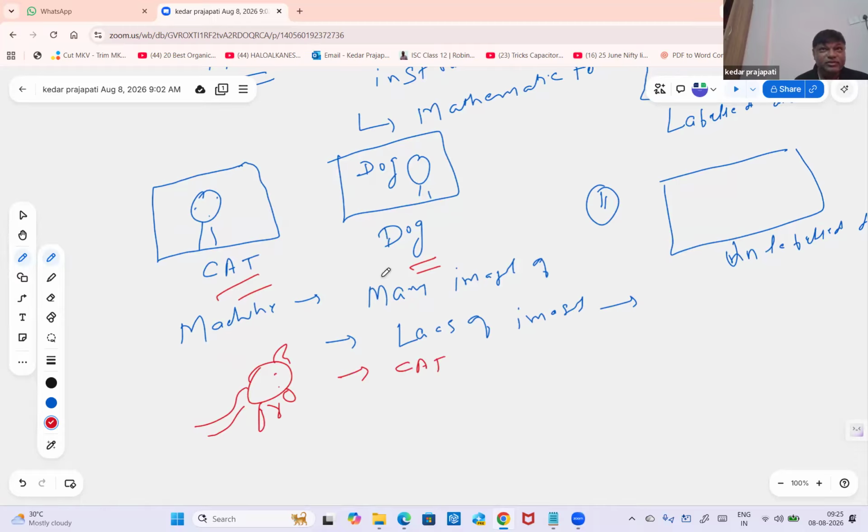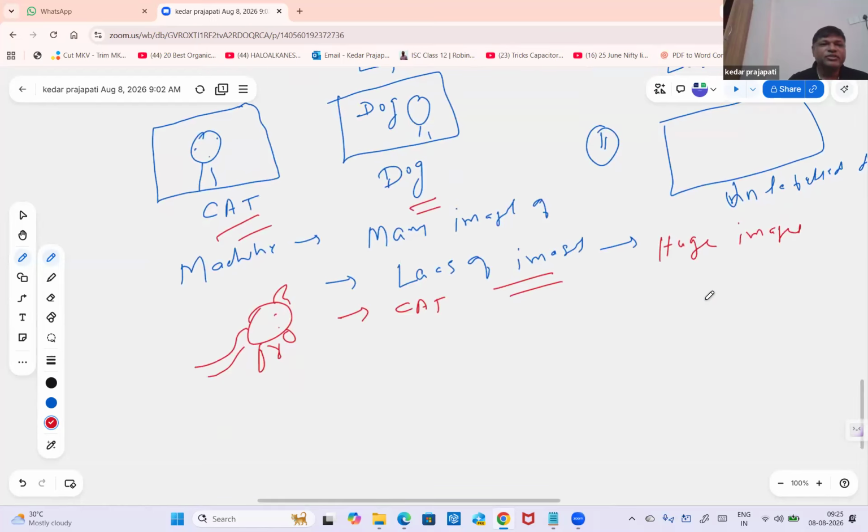But you are giving the machine the actual images, right? And not one or two images. So the machine has to be trained on maybe lakhs of data, right? Very huge numbers of images you are giving to the machine. So the machine slowly starts learning, okay, if something is coming which has a tail, which has a color like this, right? So this is a cat. And similarly, it also knows what a dog is.